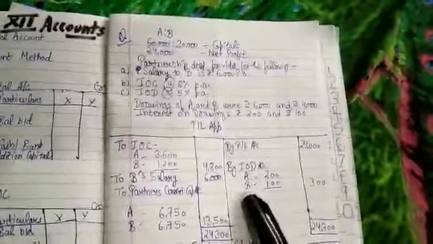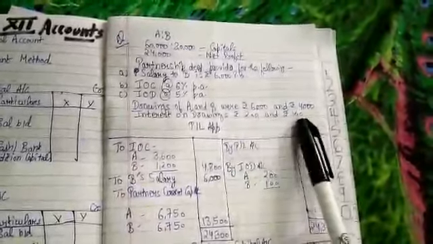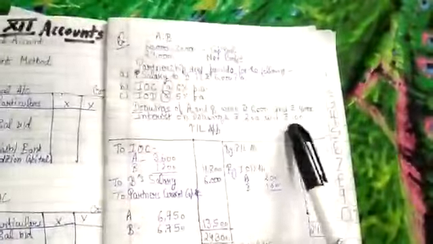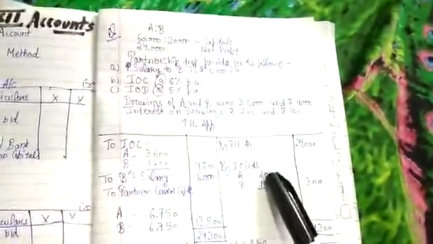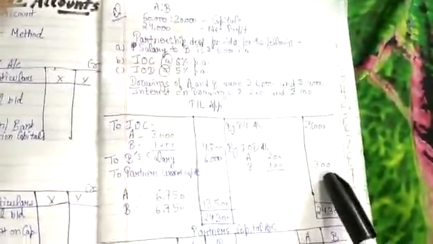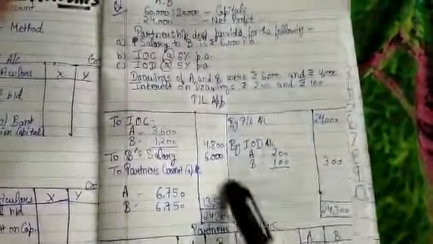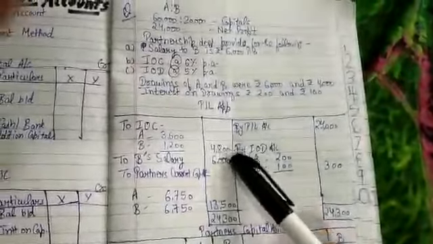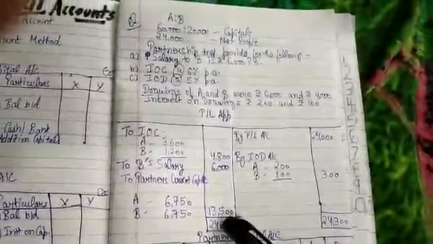I have told you earlier also that interest on drawings is a given, calculated amount, so we have to take it in the same way, 200 and 100. 200 for A and 100 for B. So total interest on drawings is 300. Okay, we will total it. The total will be 24,300. Then we will minus these two expenses. Our distributable profit will be 13,500. Is it clear to you now?